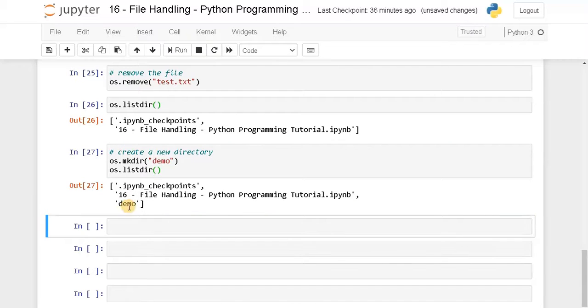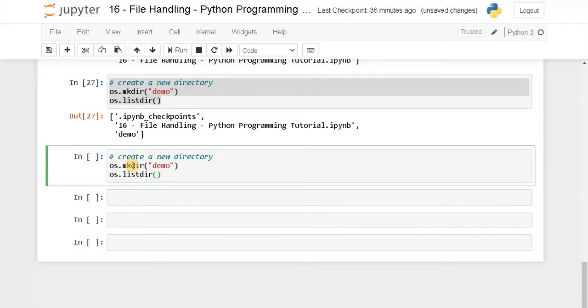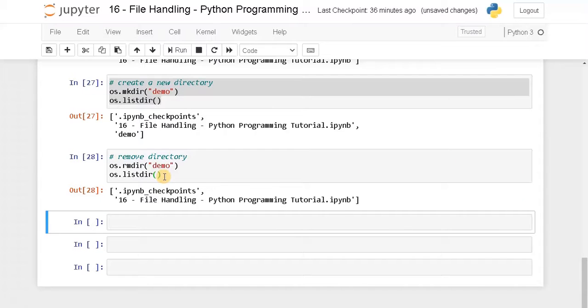Run. Now it created a new folder called demo. If you want to remove the directory, just copy, paste it, and change the mk to rm, that means remove directory. Now let's run it. See, the directory is deleted.